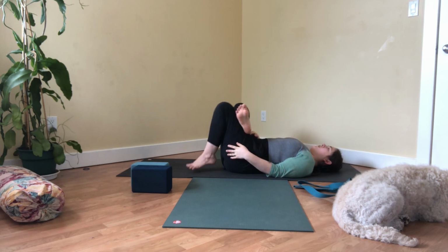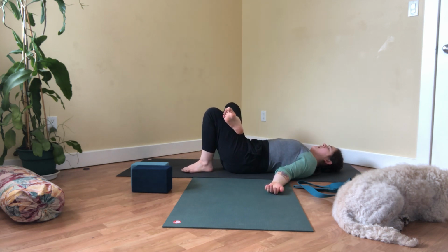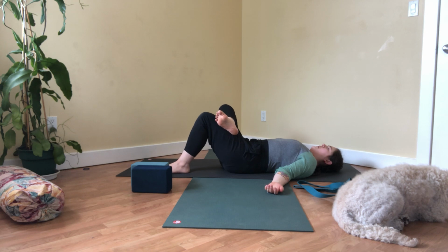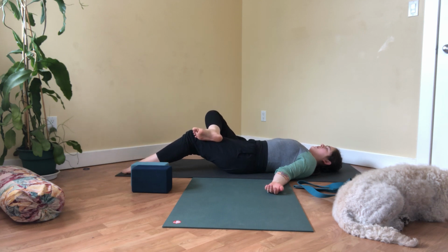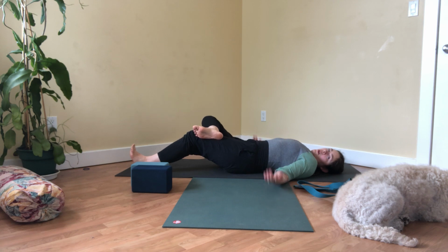And releasing, foot to the floor, arms beside, and start to inch your left foot away from you a little bit. And being mindful of that right knee, if you feel any pain or negative sensation, backing off. You can flex your foot or press the sole of the foot down. Flexing the foot's usually a little more comfortable. Both are nice. Think about lengthening the inner groin away from you